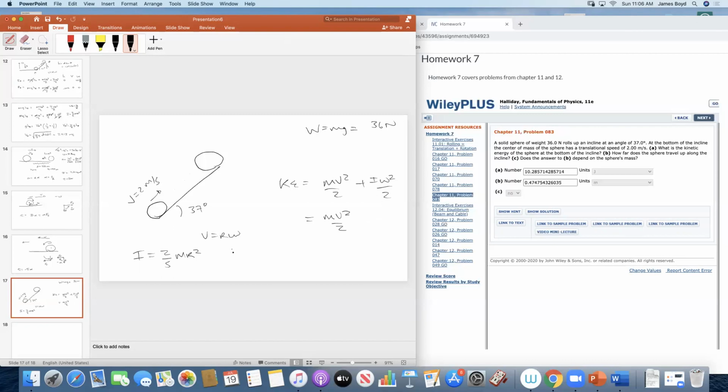So omega is v over r, plus 2/5 times 1/2 times mr squared times v squared over r squared again. Again, those cancel. And again, we get mv squared over 2 plus mv squared over 5, or 7 over 10